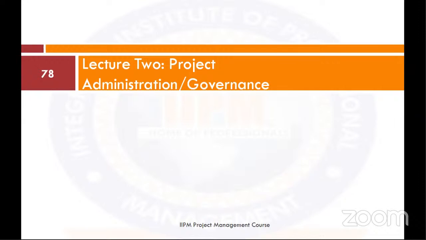All right. So when you are selecting a structure for an organization, you also have to consider your organization. Is it a project-based organization, or is it a service or non-project-based organization? If it's a project-based organization, the structure will definitely be different from that of a non-project-based organization. So these are some of the things we will put into consideration in the administrative framework or governance framework of projects.